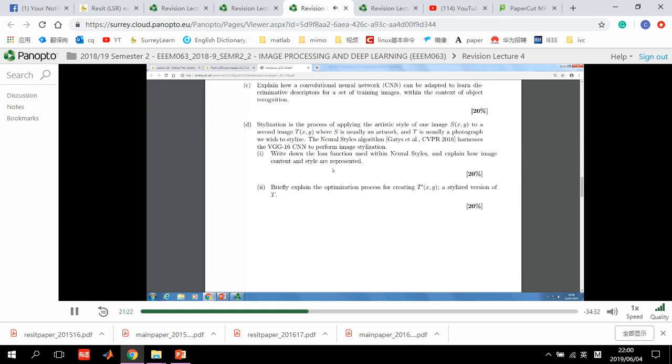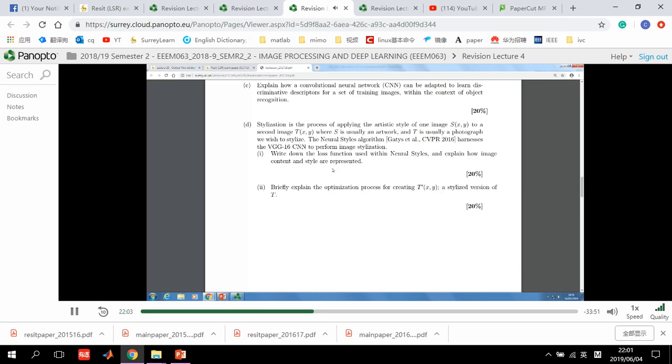So stylization is the process of applying the artistic style of one image, S, to a second image, T. So this is neural style transfer, yeah? Where S is usually an artwork and T is usually a photograph. The neural style algorithm, neural style transfer, due to Gatys et al., harnesses the VGG network to perform image stylization. Write down the loss function used within neural style and explain how image content and image style are represented within it. Okay, so if I have a